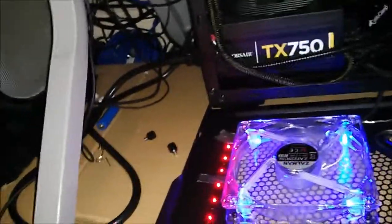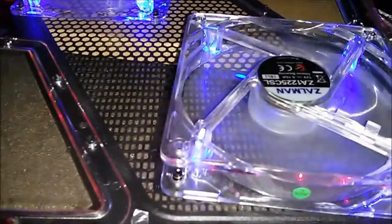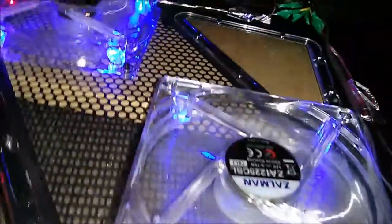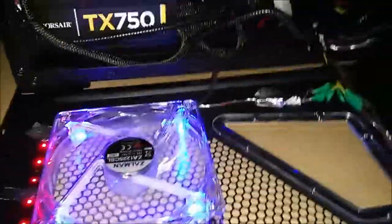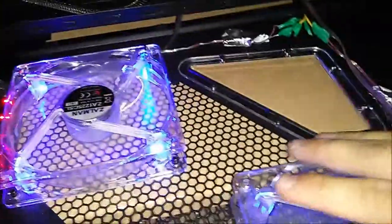And I also modded a little bit of my case on the side panel, adding some LED strips right here, along here, to add a little bit of redness. And there's my 2 Zalman fans that came with my case. They're nice, low RPM and quiet, and they will operate better when I get that PWM splitter, because these will last longer if I do so,